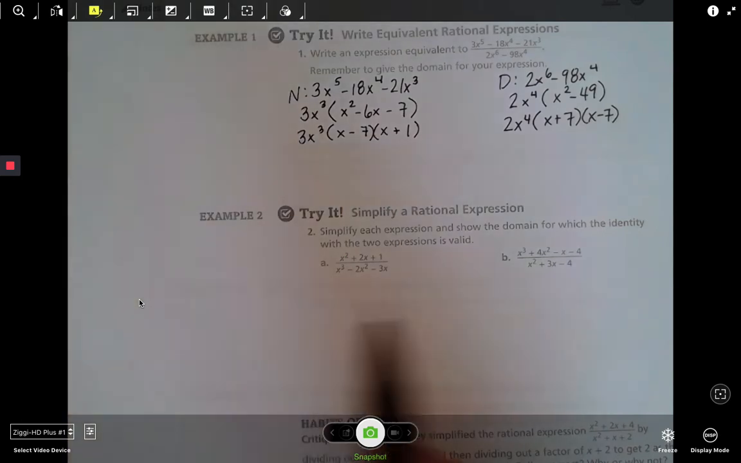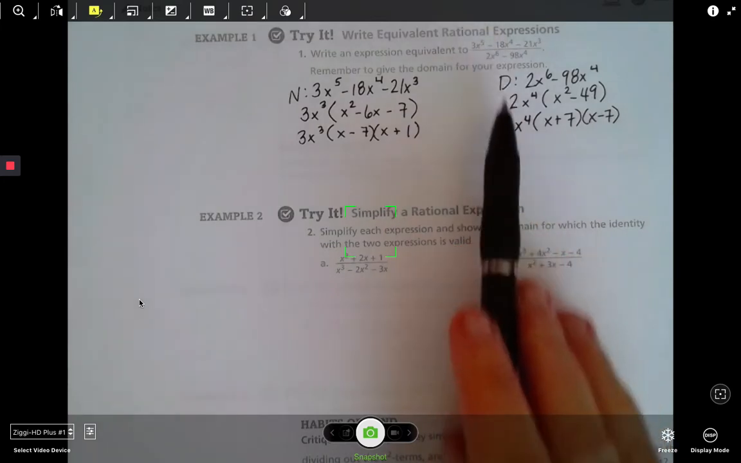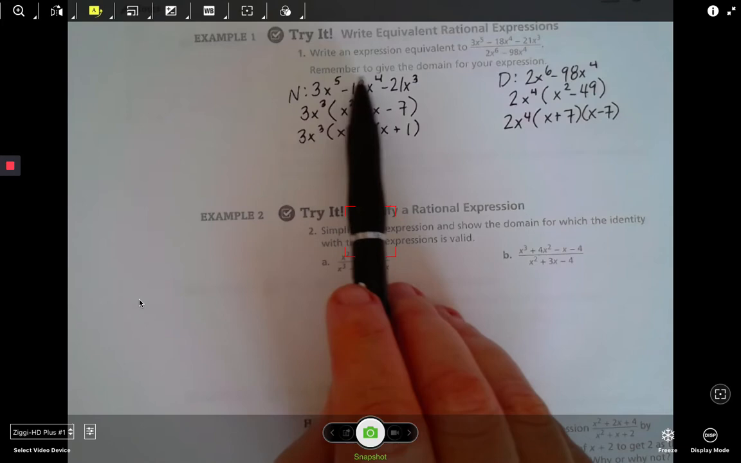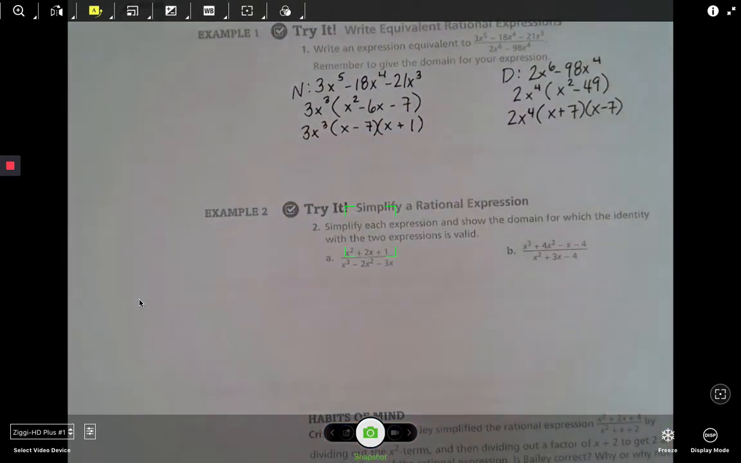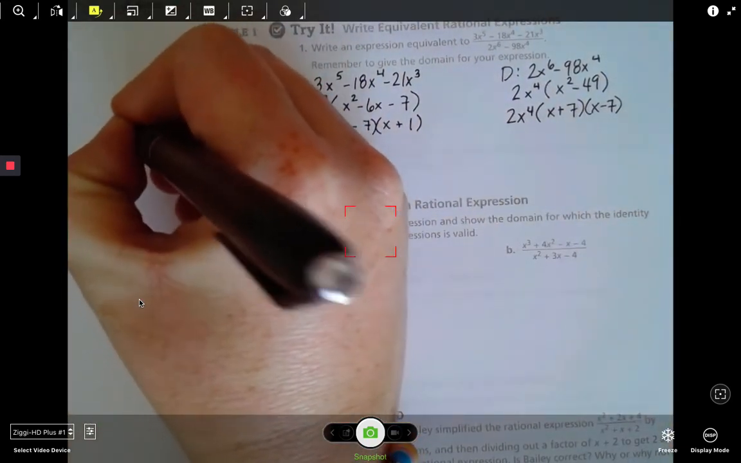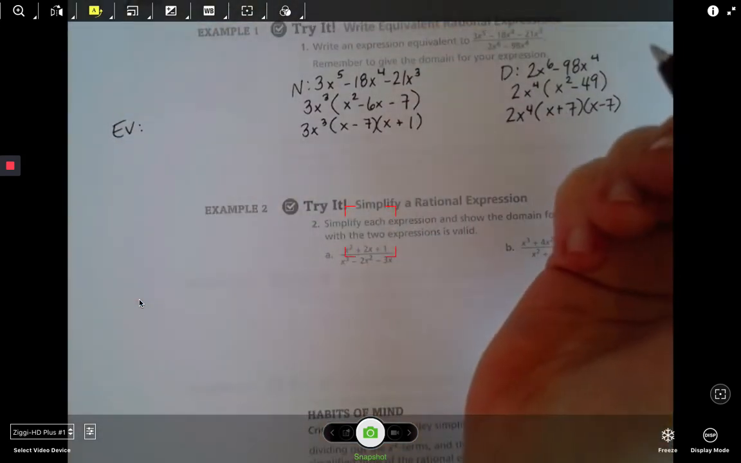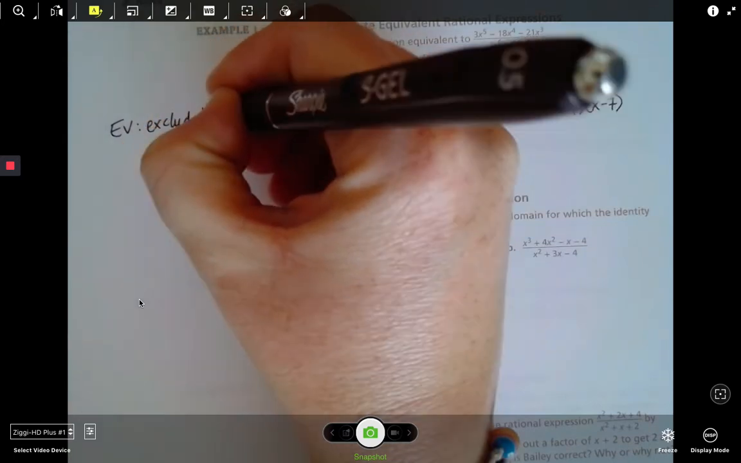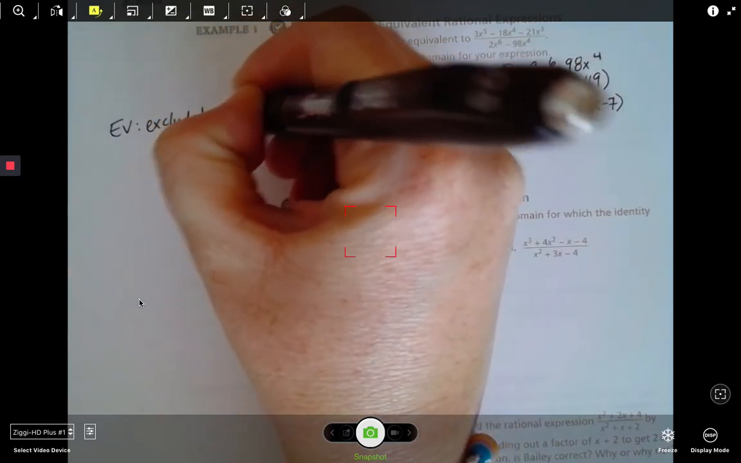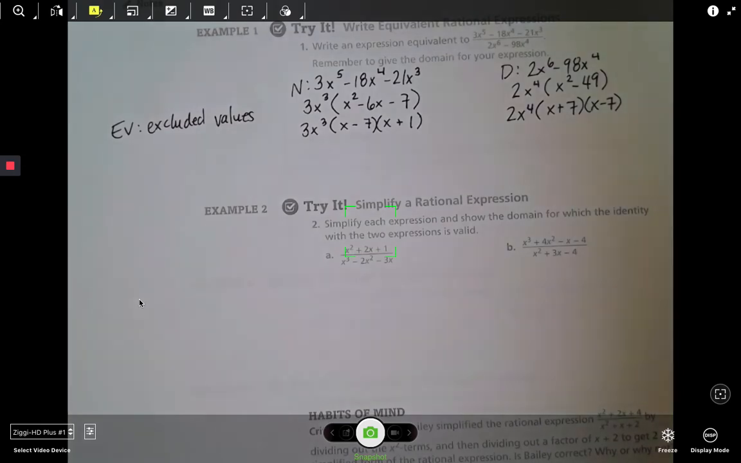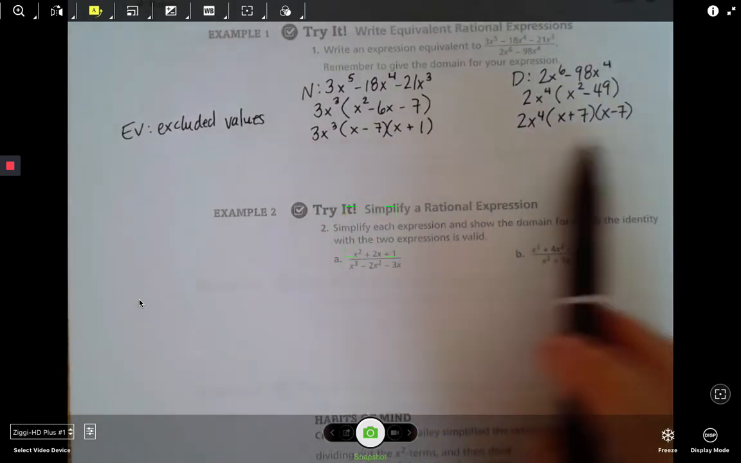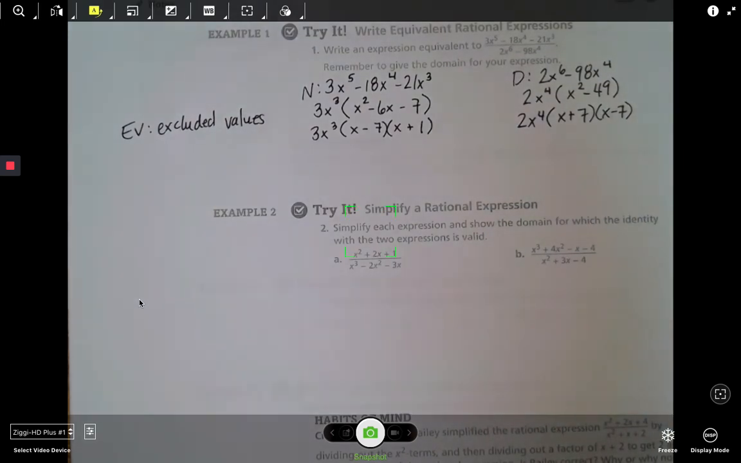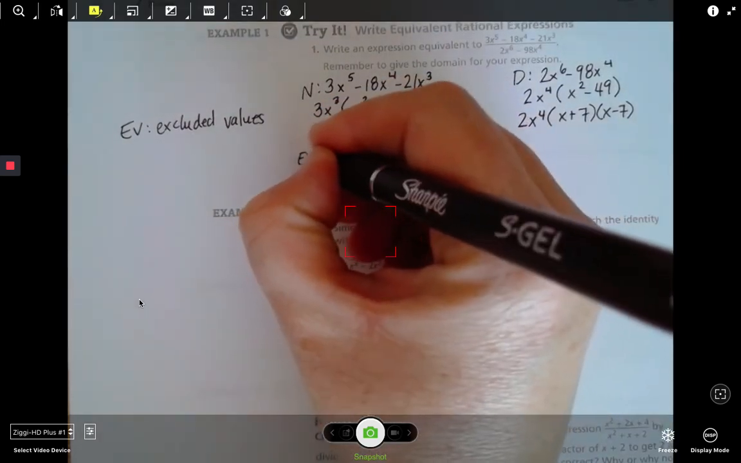Alright, so what we have done so far, we have factored our numerator and we have factored our denominator. It says, remember to give a domain for your expression. Your domain is going to include something I'm going to call EV. Well, what is EV? EV is excluded values. How do you find those excluded values? You take your denominator only, and you set each factor equal to 0. Why do we do that? Because our denominator cannot equal 0. So for our excluded values,